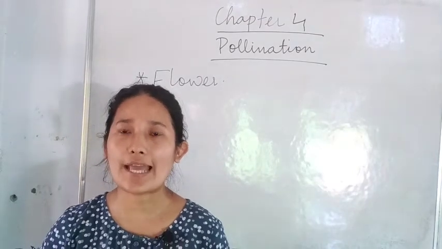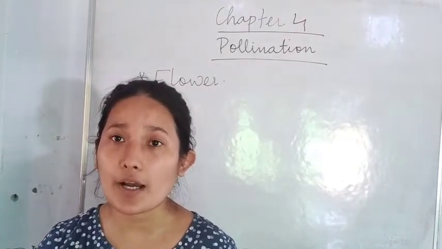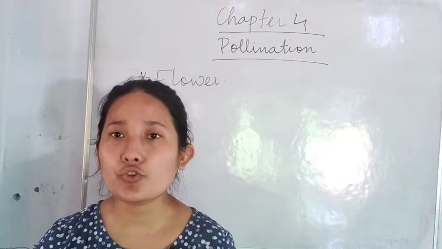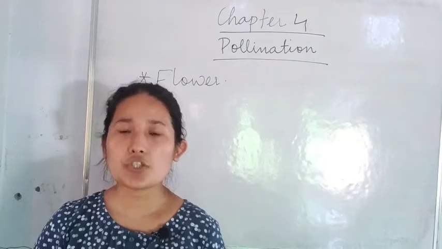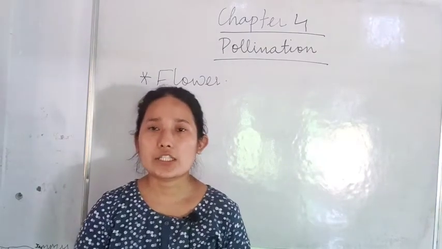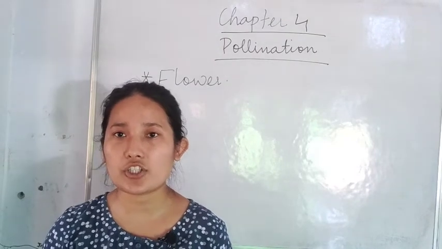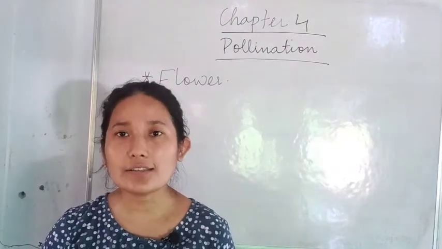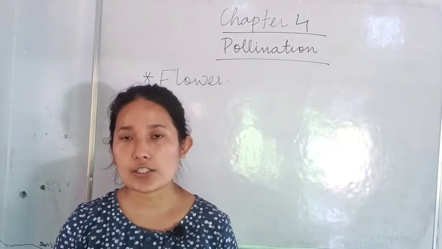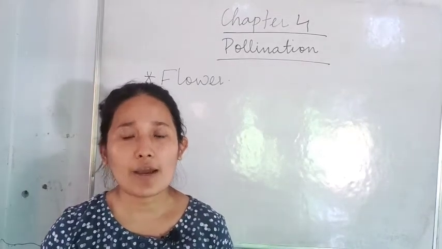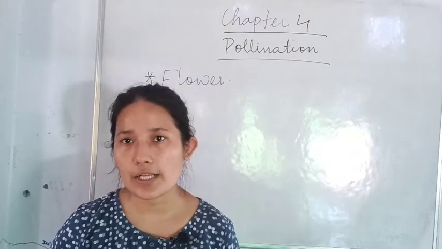Okay, your flower has male parts and female parts which help in reproduction, that means giving rise to a new plant. So what is a flower? A flower is the reproductive part of a plant, but additionally its function is also to attract the different agents of pollination. Okay, because sometimes the same flower might not have both the male and female reproductive parts.